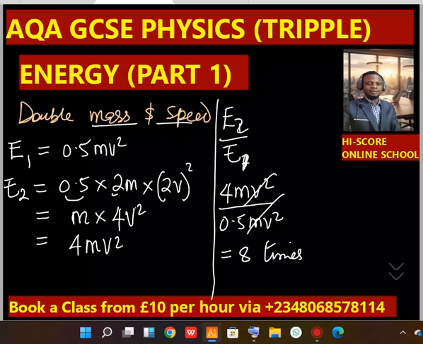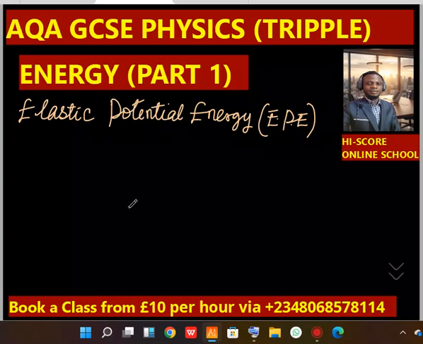The next one is gravitational potential energy. Initially we said this is energy possessed by a body by virtue of its position